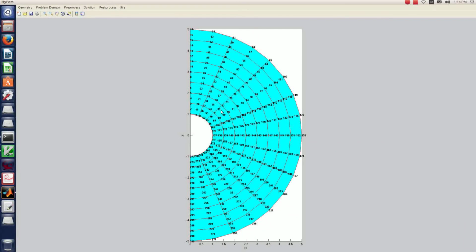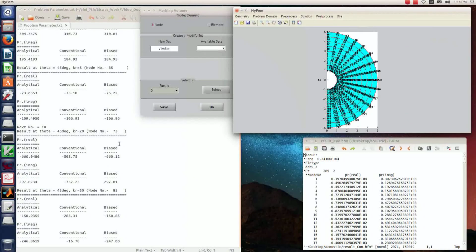For r equal to 2, the node is 73 and the corresponding node at r equal to 5 is 85. For theta 45 degrees, here theta is measured from the positive z axis. We have noted these two node numbers.